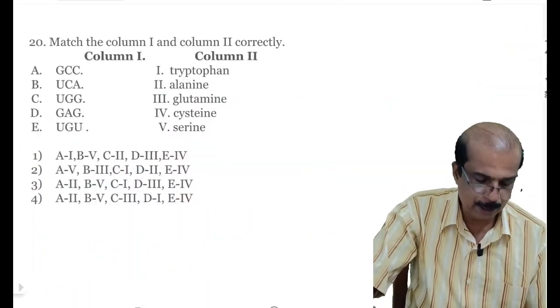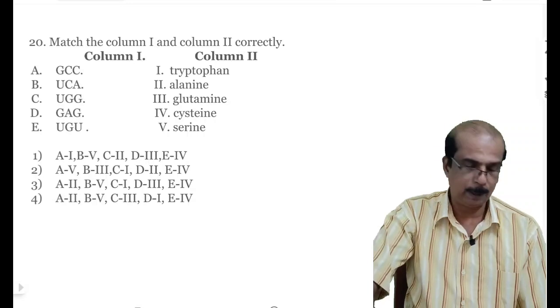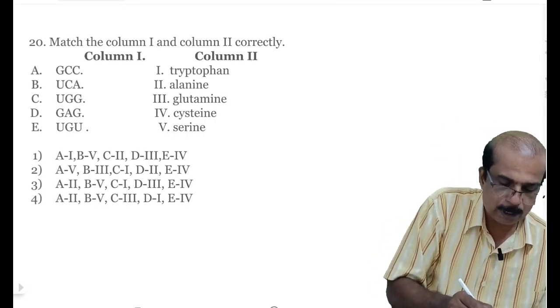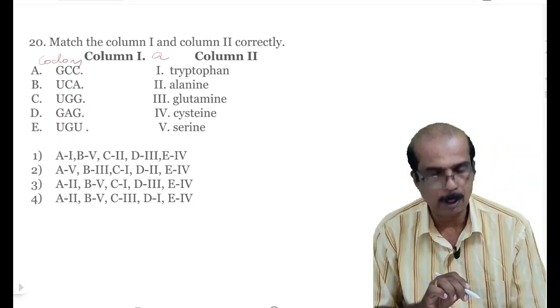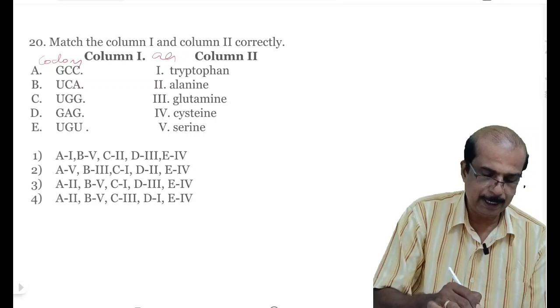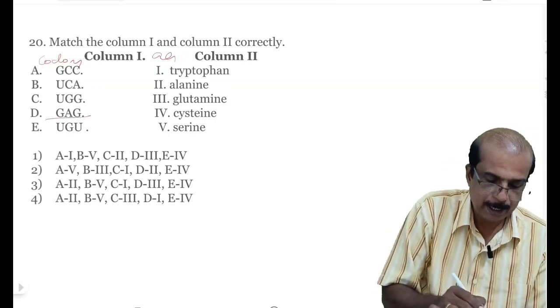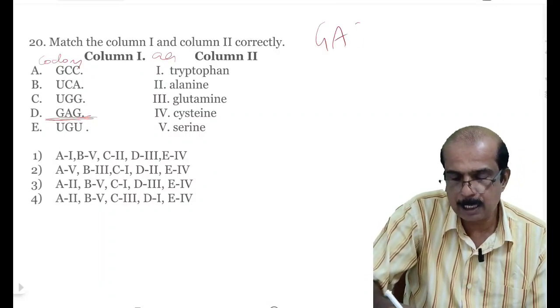What about the 20th question? It is a matching question from the genetic code. Some codons are given in column 1 and amino acids are given in column 2: GCA, UCA, UGG, GAG, UGU. Here GAG, you all know. When GAG is mutated to GUG,